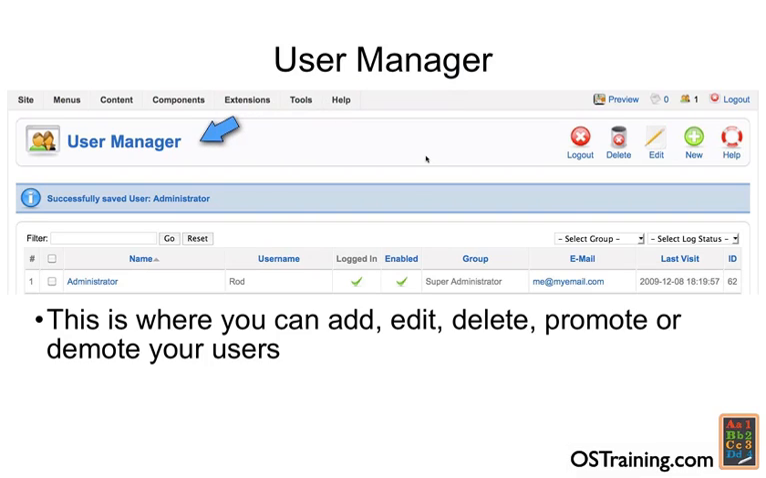The first menu is User Manager. This is where you can add, edit, delete, promote, or demote users. Unless you're using Community Builder or another community type plugin, this is where you'll manage all of your users. When you click on a user, for instance in this case administrator,